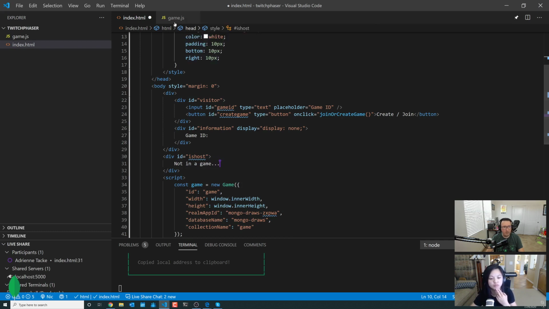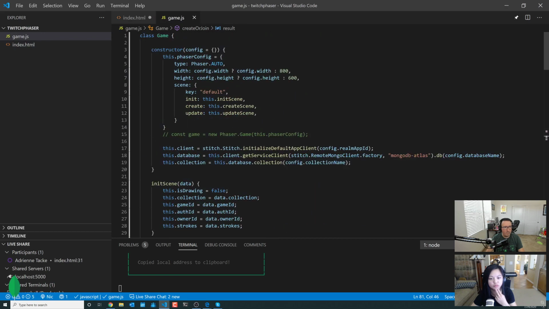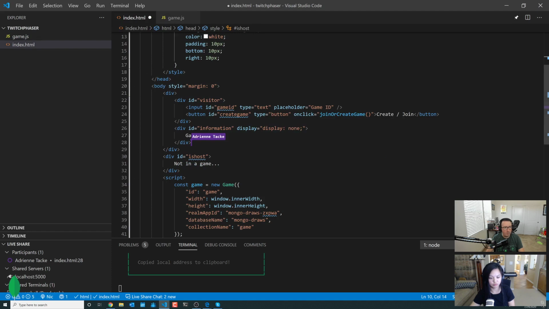I think Phaser created it for us. If I look at the game.js file, it doesn't look like we provided a parent. I don't know if this is going to affect our CSS at all.